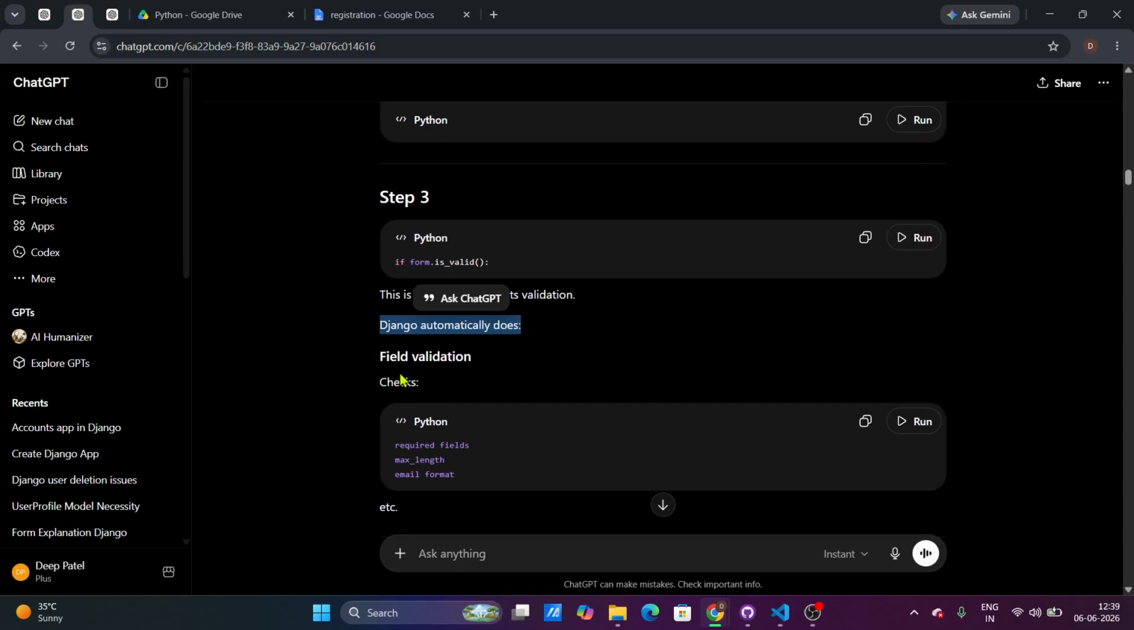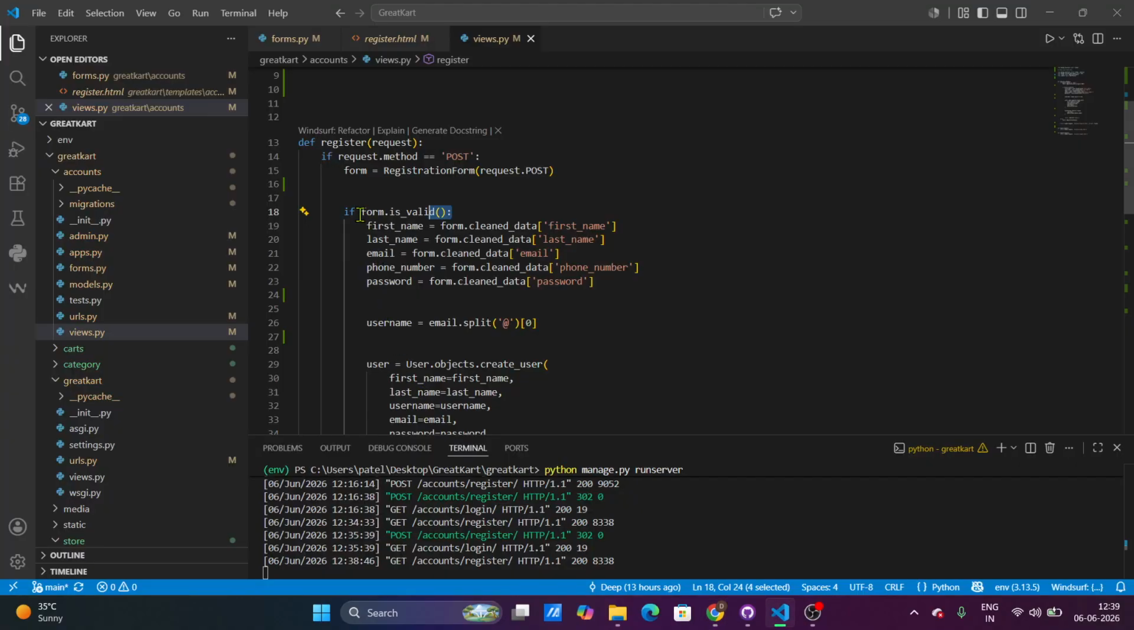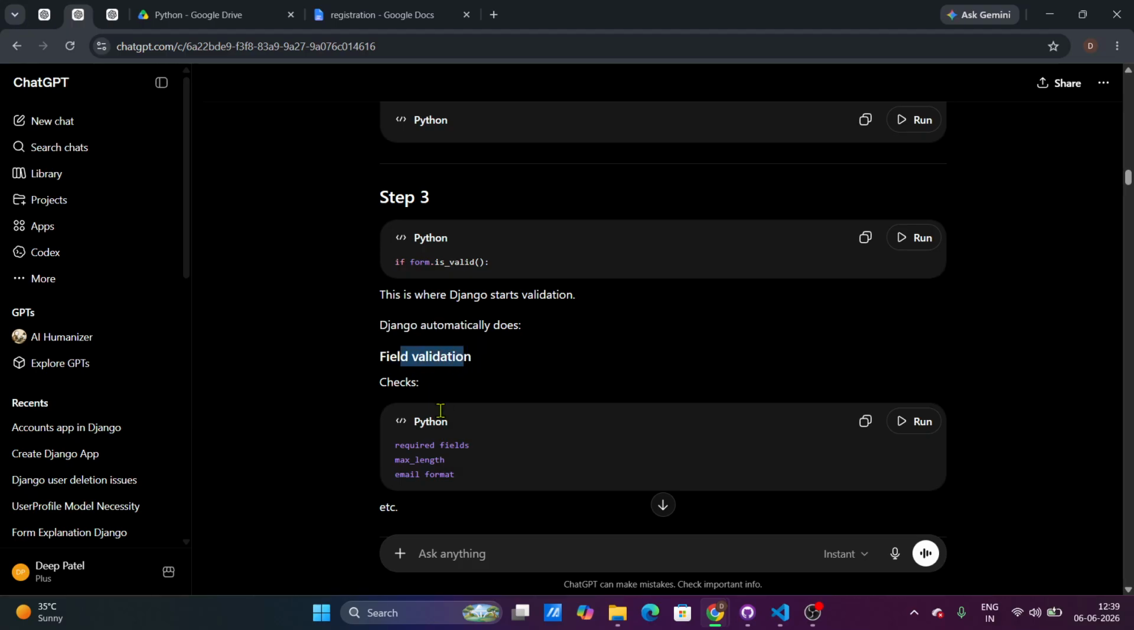Django automatically does field validation checks. This valid method is basically doing validation automatically, like required fields, max length, email format. If we have given this kind of validation, like max length and all,